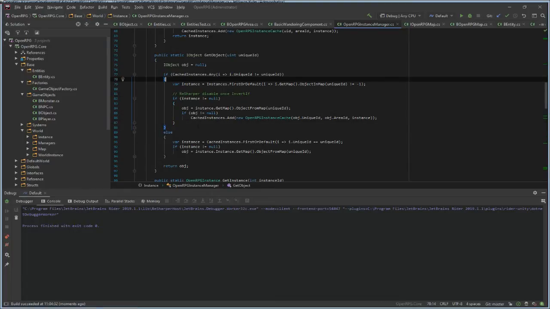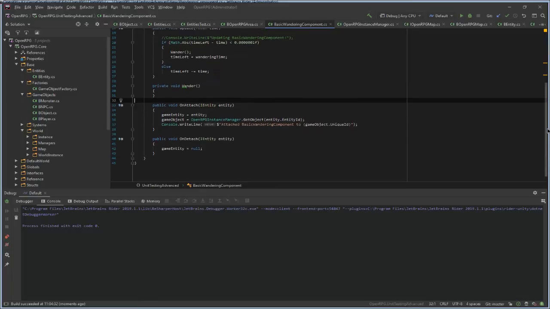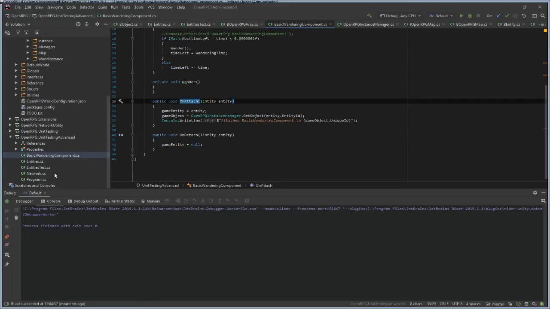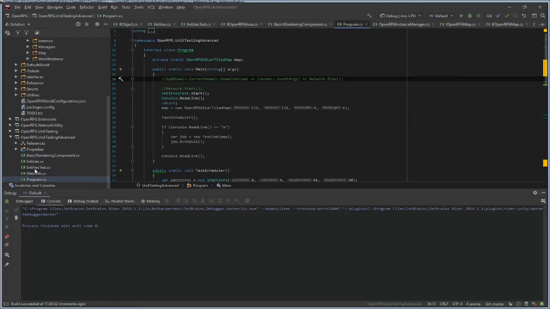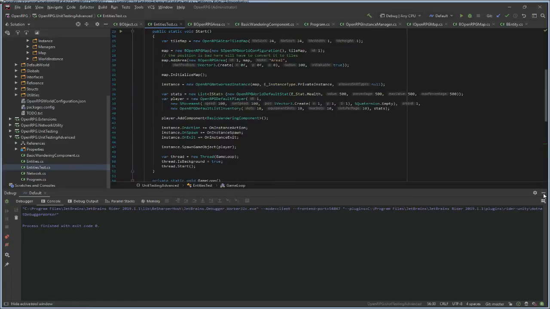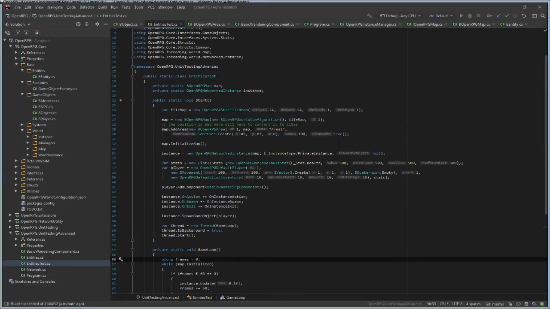So what is happening here is this object is attached to this entity before the entity goes to a new instance. I mean, I don't know if I, yeah. So when we created this instance, we still haven't spawned this object yet. This object is not in this instance yet.